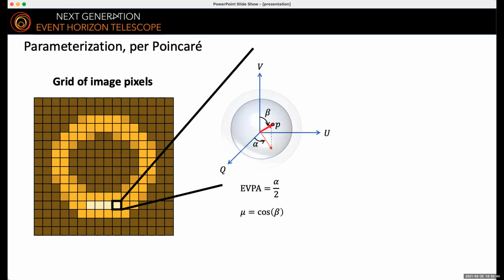And in DMC, the Stokes quantities are parameterized using a spherical representation. This is also known as the Poincaré sphere or the Stokes sphere. And in this diagram here, we can see the 3D space of Q, U, and V with the Stokes vector in red having a magnitude equal to this little p here, which is the polarization fraction. And then its orientation is determined by the azimuthal angle alpha and the polar angle beta. And this azimuthal angle is related to the EVPA, while the polar angle is related to the amount of circular